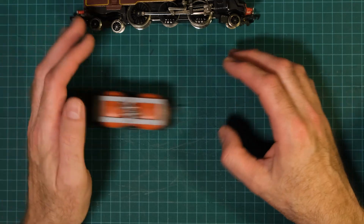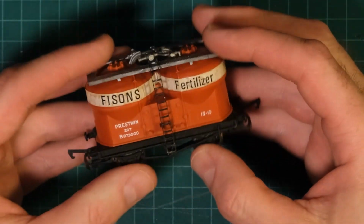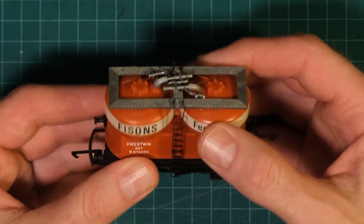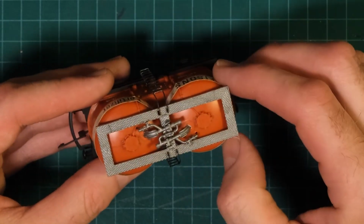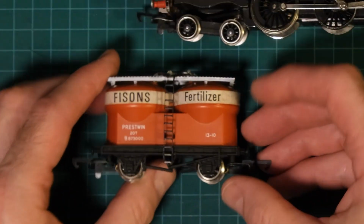It actually rolls really nicely. And that's how I remember it. These lovely steel wheels in this one. Nice ladders. Like, look at that. That's pretty cool. It is a bit loose. And then these, I guess, are the valves, it's kind of rubbery, the valves for putting in the fertilizer. And yeah, that's actually quite nice. Okay, let's go to